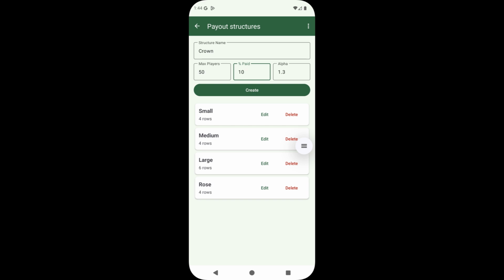1.3 is a fairly low graduated curve, so that first place gets very similar to second place. Second place gets slightly more than third place, etc. If you were to make that much more severe, like 15, then you would have a first place gets a lot more than second place. So, and then you see, if I create that, it's created a crown for me, and it's created 5 rows